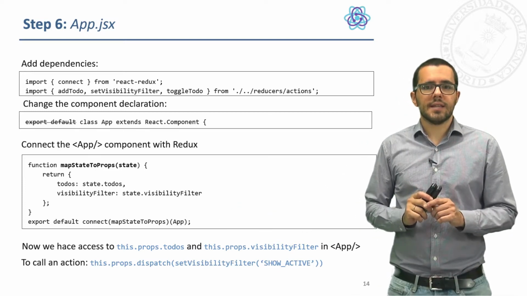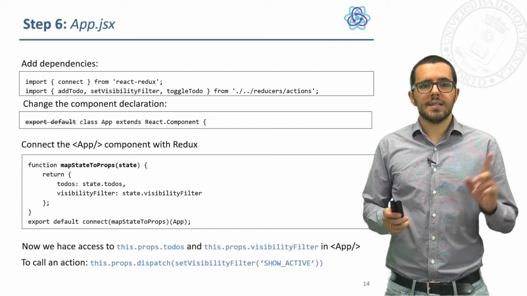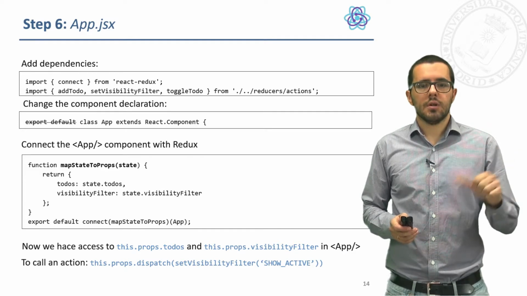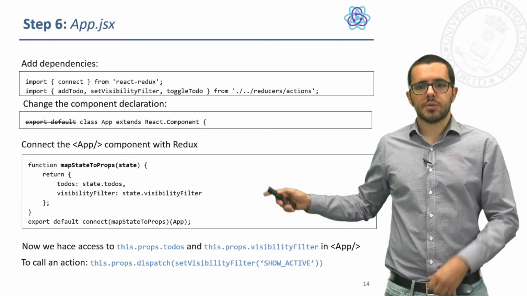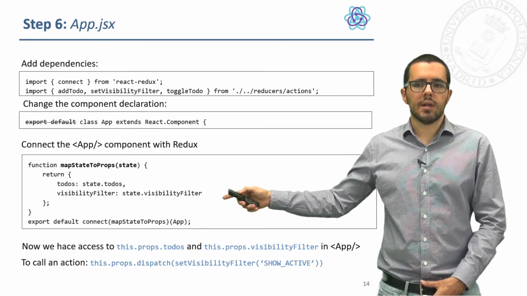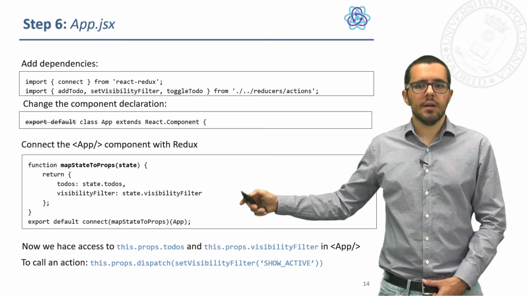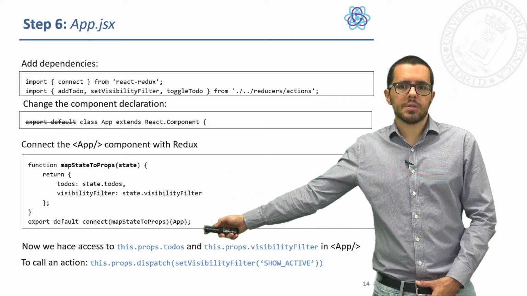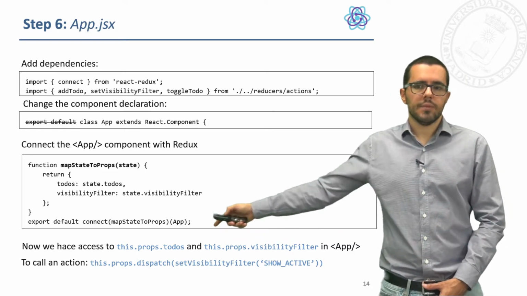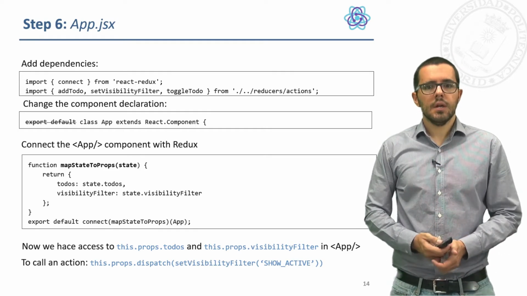There is another slight change that will depend on our app, that now we don't access the state because the state is in Redux and we access props. Redux will give us props here with the same name if we want. Usually we will do it like this, but now to access the to-dos or the visibility filter, we will use this.props.todos or this.props.visibilityFilter, these two variables or properties.